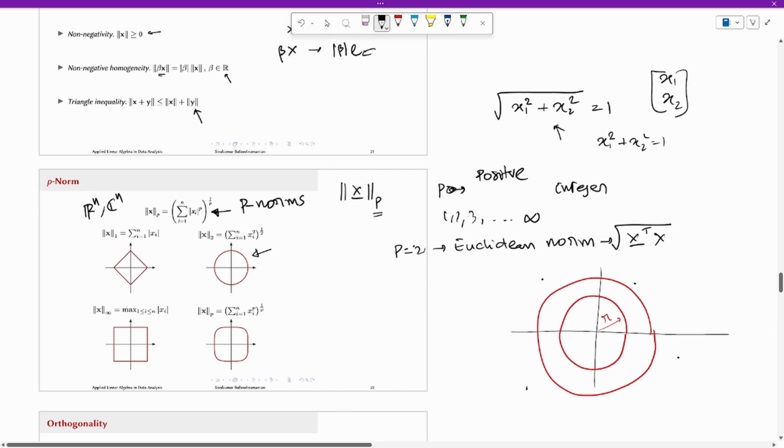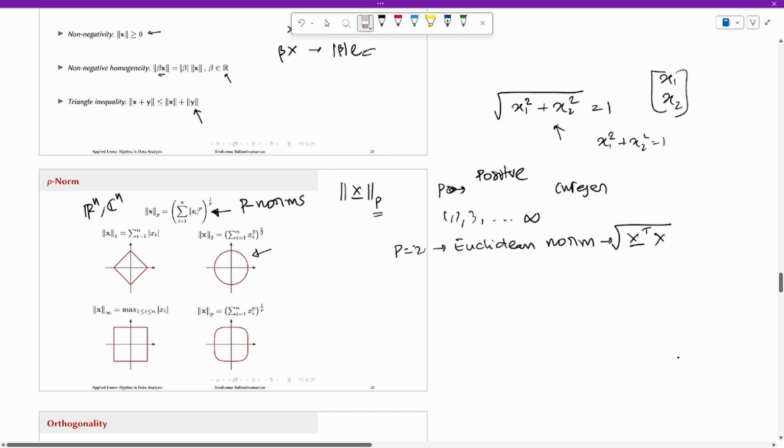But there are other norms as well, as I said. P can be any value from 1 to infinity. If the value P is 1, what is the expression for the 1 norm, the P norm? You go back to this expression and simply substitute the value of P. P is 1, so the 1 norm is simply the summation over i